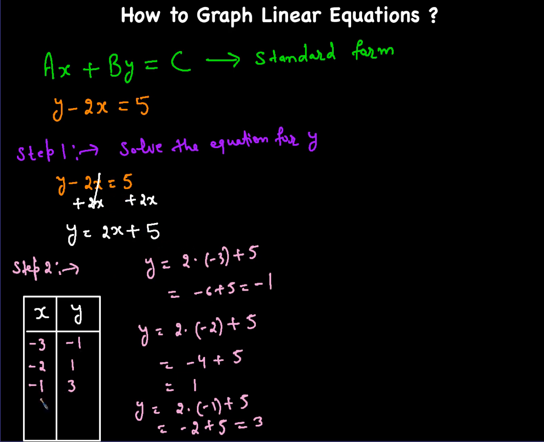So let's say 0. For 0 we'll get, so we're gonna plug in x is equal to 0, so this will be 0 and y will be 5, and then we're gonna do 1 when x is 1. 2 times 1 is 2 plus 5 is 7, and do x is 2, so 2 times 2 is 4 plus 5 is 9. And let's say if I got x is equal to, I'm running out of space, so